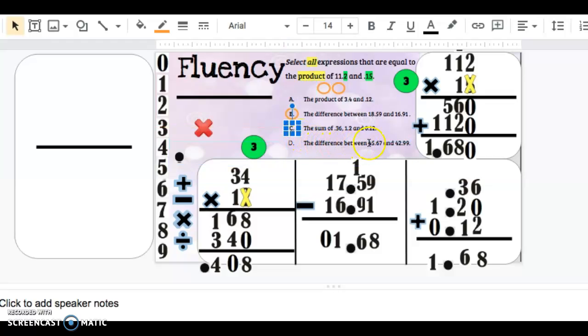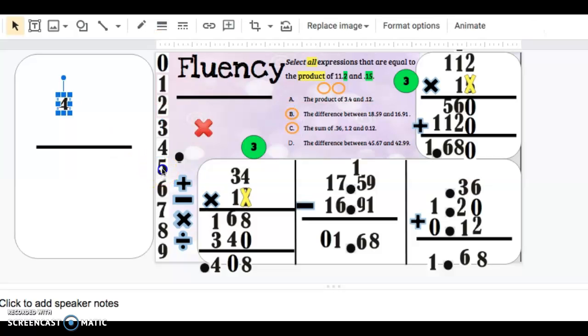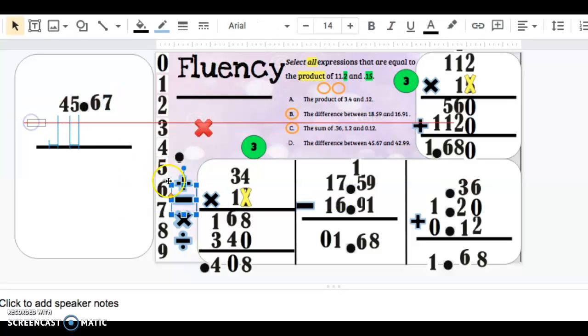Last one is D, the difference between 45.67 and 42.99. Remember, difference means to subtract, so I'm going to do that over here. We're going to subtract 45, decimal point, put the 6 in the tenths place value, the 7 in the hundredths place value, then we're going to subtract, and we're going to do our decimal point,